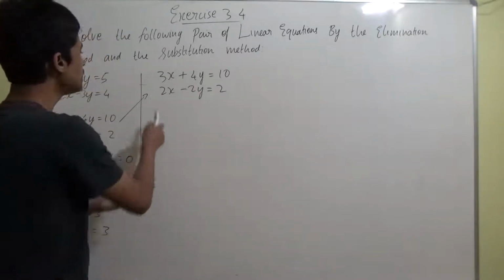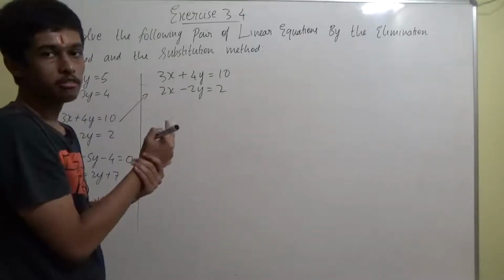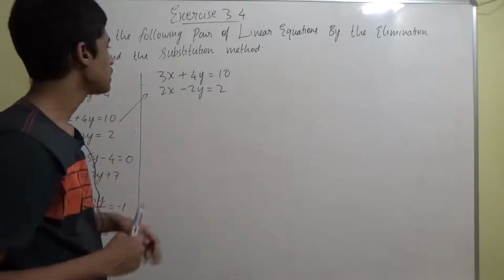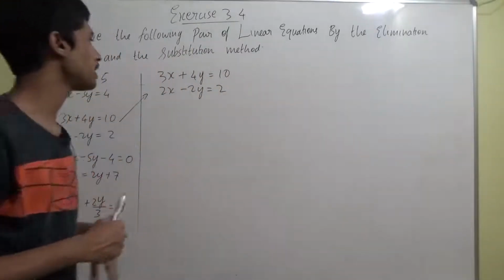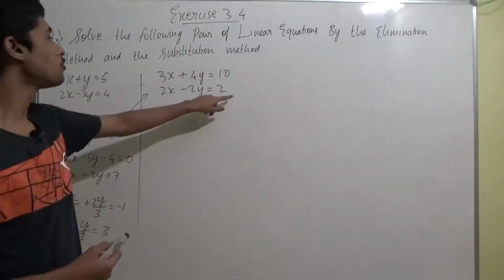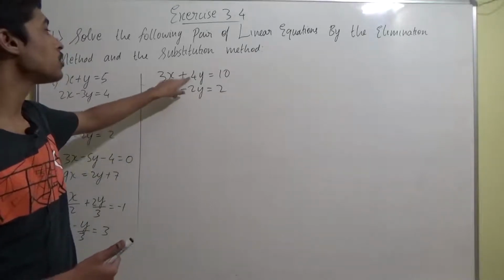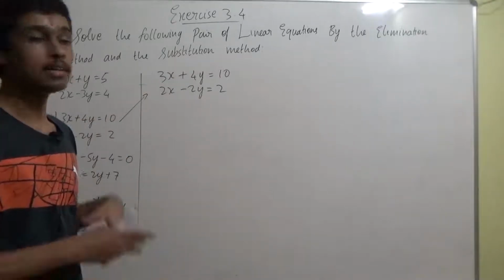So if you see here it is 2 and 3. So by what number will we multiply 2 to get 3? It will be something like 3 by 2. Correct? You can't multiply by a fraction, right? You can, but the question will become complicated. Instead, a simple solution is, if you multiply this entire equation by 2, what will happen? This will become 4y. So here there is plus 4y and here it is minus 4y. If you add them up, it will get cancelled. That's what you're going to do.